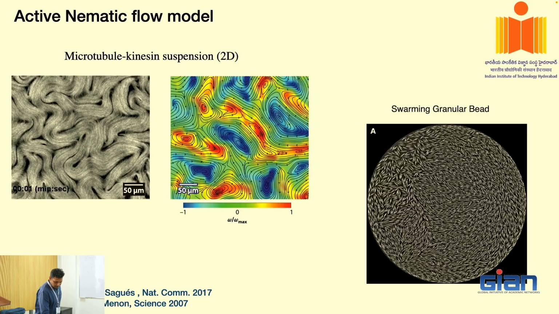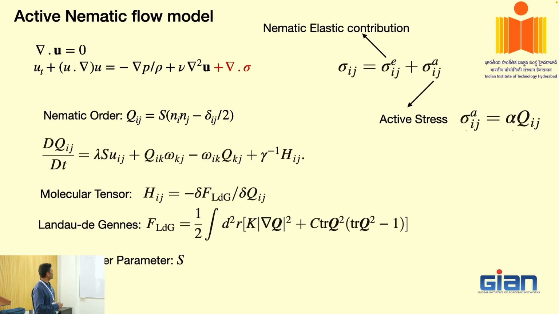Now, the equations which Mattia is interested in. This is the general equation that you use to describe this. There are many ways of writing it. The one I have chosen is taken from Luca Giommi's PRX paper 2015, and this is how he has described it. So you have incompressibility, and you have the Navier-Stokes equation. If you think about the stress that is being added, this equation is very similar to what you have seen for the viscoelastic flows, right? So you have the Navier-Stokes equation, and then you are going to have an additional stress that contributes to the forces in the system, right?